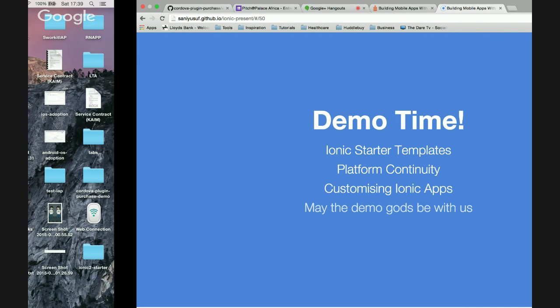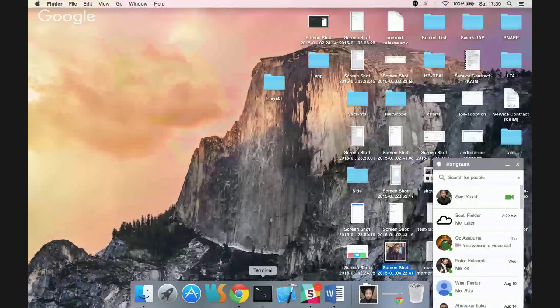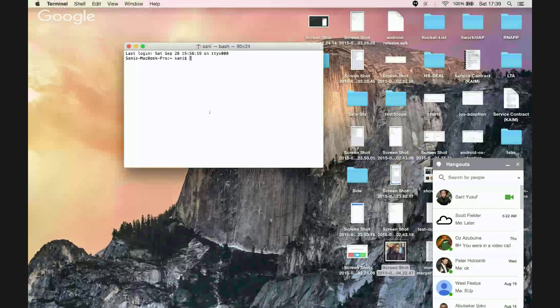So absolutely. If you have a terminal window here, the command just to install Ionic, like I said, is you just do an npm install, or sudo npm install ionic, and you want to install that globally. I'm not going to run this because I already have Ionic installed. If you run that, that should get you the latest version of Ionic right there on your computer. What I'm going to do actually is cd into my desktop